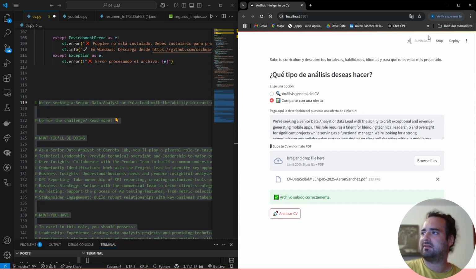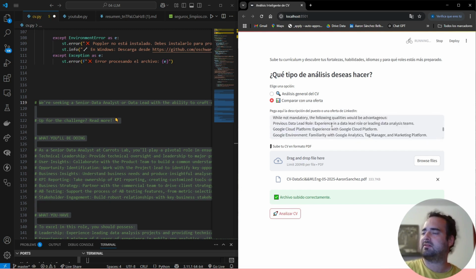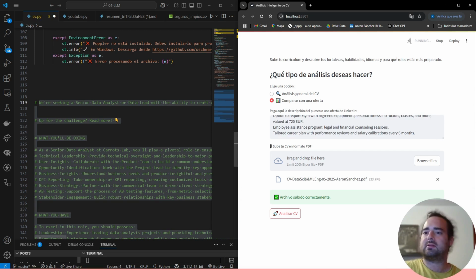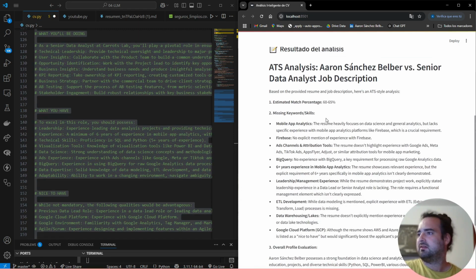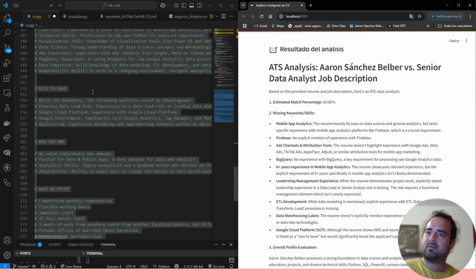And I'm going to analyze it. It's running, so that means it's comparing the job posting with my resume. Let's see now what crazy things it tells me, okay? Because I picked a really long description. It tells me that I have a match with this company of about 60%, 65%, so it's a match. Would you say that's high or low? I would say it's average. When you have a 60% match with a company, you can be satisfied because they always ask for so many things, especially this one, that they're never going to find a